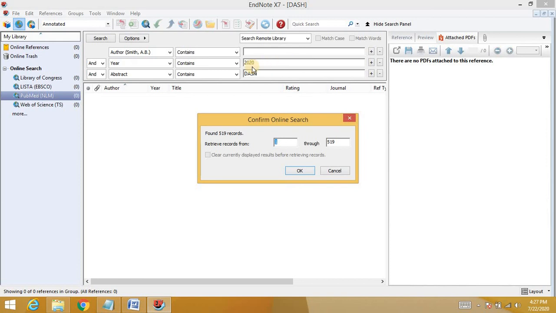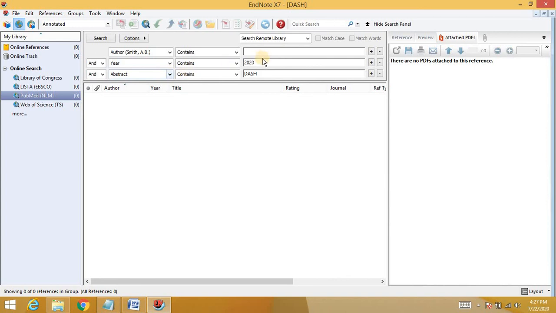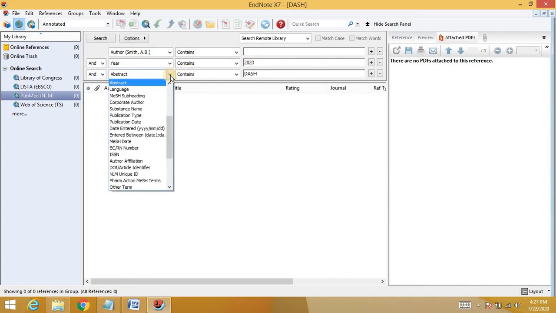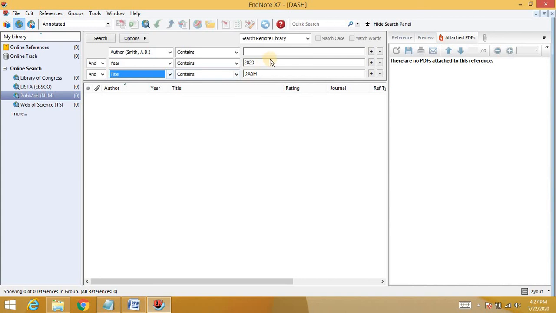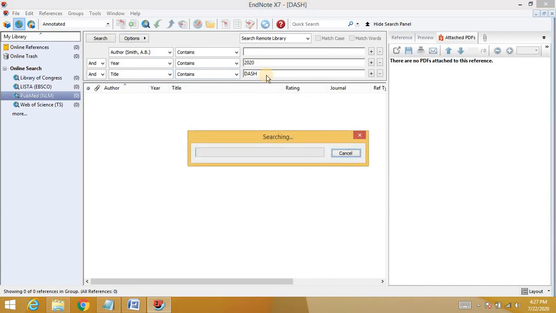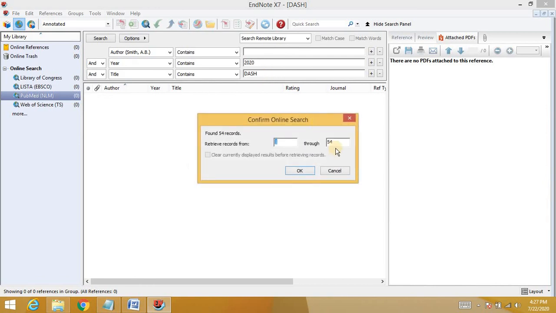Here we can see the year 2020 contains dash in the abstract this many times. If I would like to search it in the title, I will select it from here, and the title contains dash in the year 2020, 54 times.